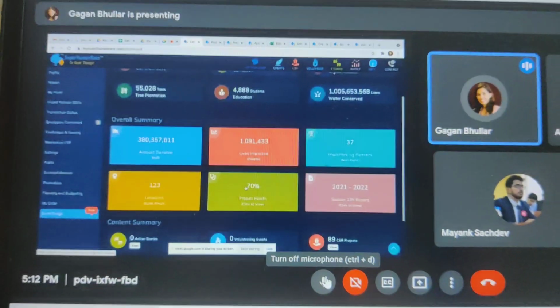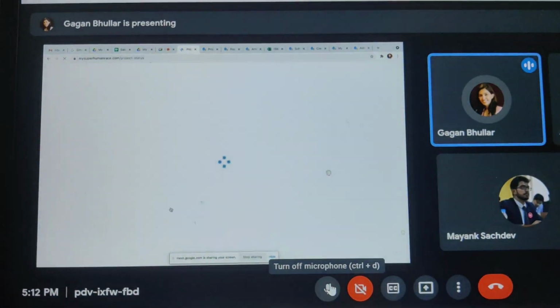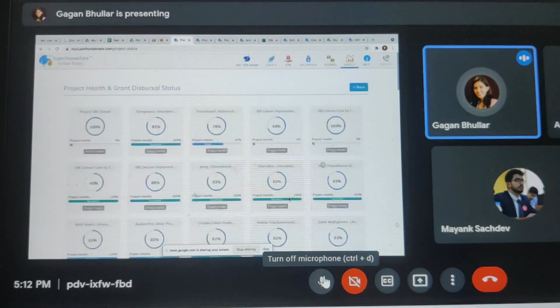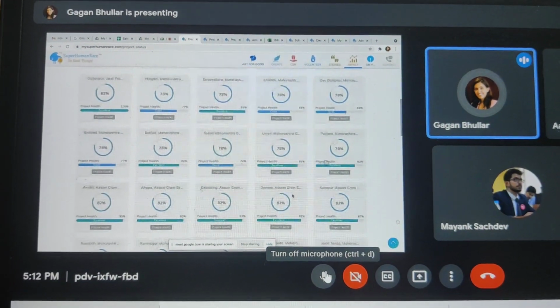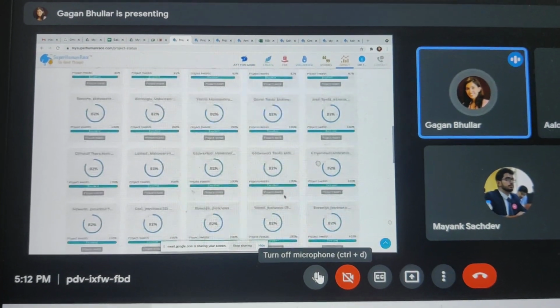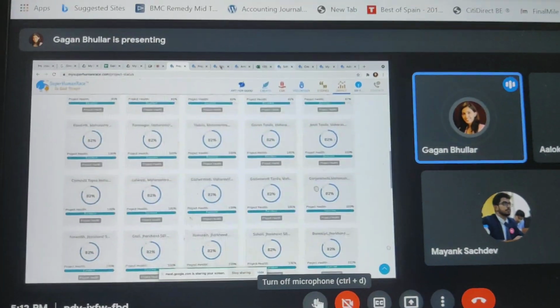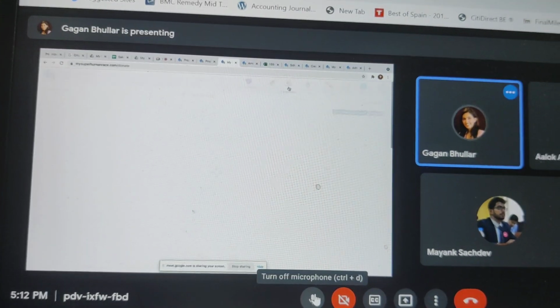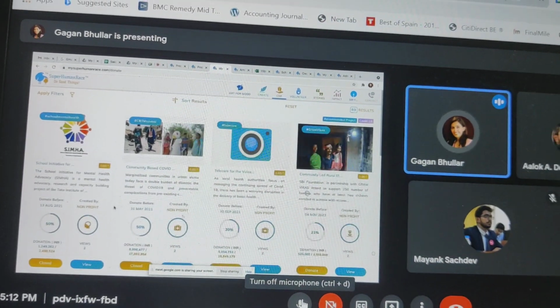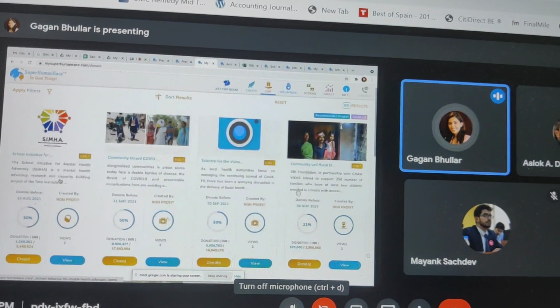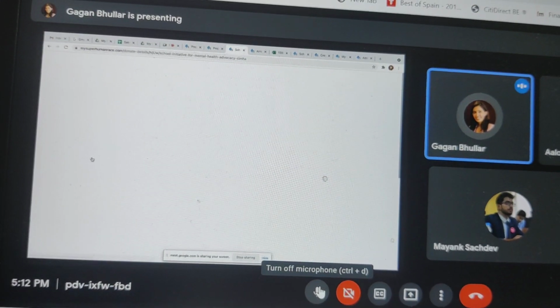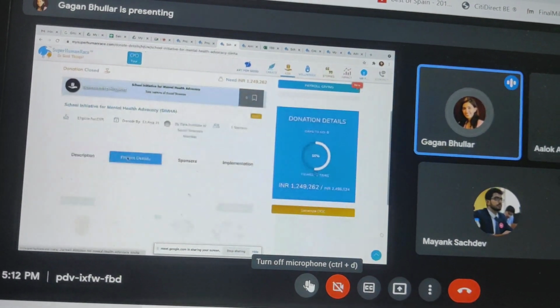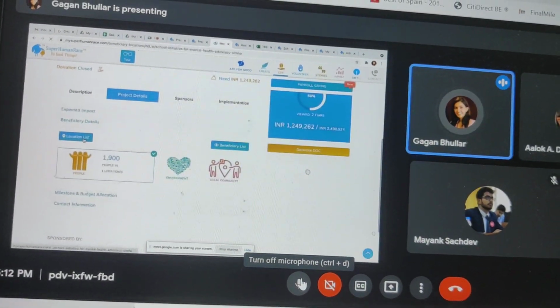So that is that. And then project health, again, at a glance, you can view the project health for all of the projects. I think one of the features, in fact, two of the features that we've added since we spoke last time, I'm very sure of that because those were done in the time of COVID actually, are remote monitoring. So true remote monitoring of projects and beneficiary mapping. These two we've done, I think after we had spoken with Honeywell.